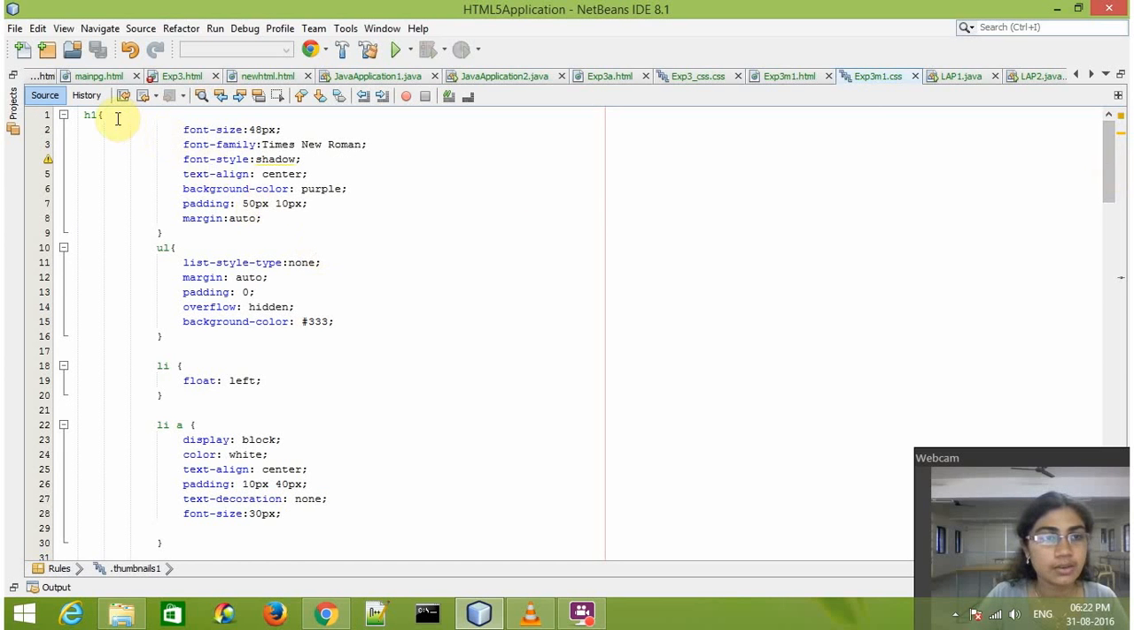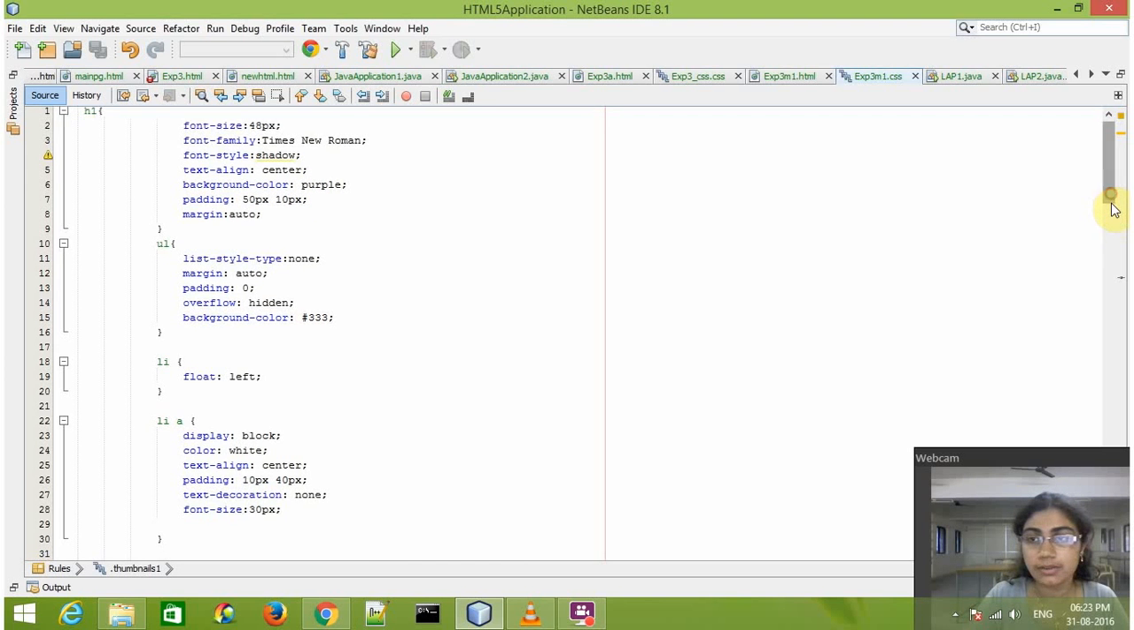here we have the first header h1. The font size is specified, font family is Times New Roman, font style, text alignment is center. If you want it right or left, you can always choose to change it. The background color I've given as purple, which can be changed. I've also specified the padding, and the margin is auto. Now the next